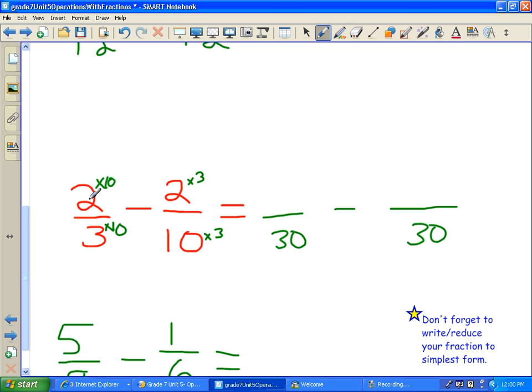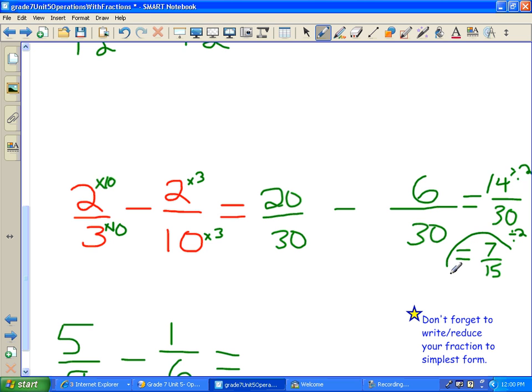Now let's work the first one out. 2 times 10 is 20. What was 2 times 3? 6. So 20 take away 6 will leave you with 14 over 30. And of course you can reduce both of these by dividing them by 2 to simplify it. So I could divide 30 by 2 and 14 by 2, and my final answer will be 7 over 15